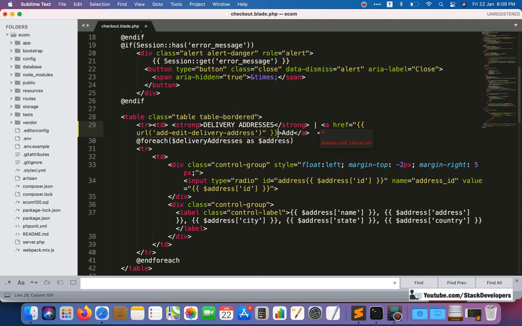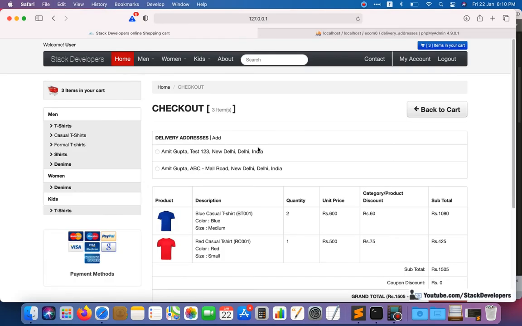So here we will just like this. So now it seems to be fine. Okay, so here go to refresh, you can see the add option here.